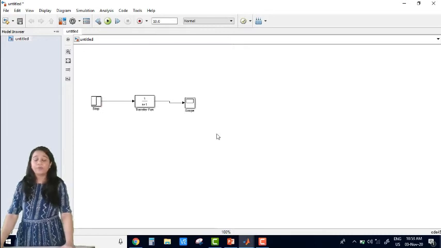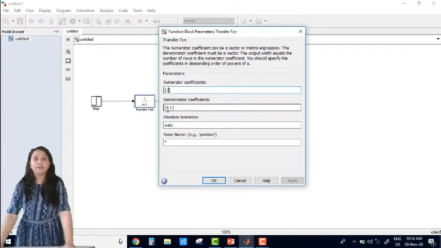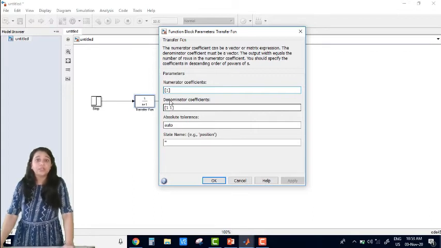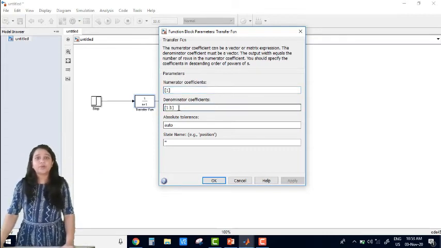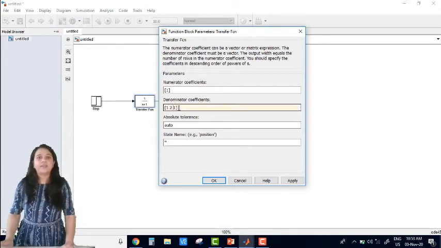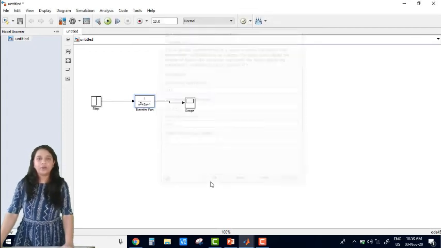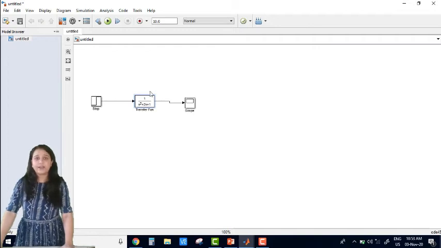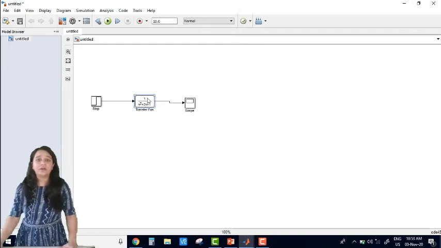Okay, now we have to change the transfer function of the system. So double click the transfer function of the system. This is the numerator and this is the denominator coefficient. So in the numerator we cannot change the value of the numerator. We can change the value of denominator. So in the denominator, suppose we have put the value of 1, space 2 and space 1, and then we have clicked the apply and OK. So now here you can see that the maximum power of S is 2. So this is known as the second order system.